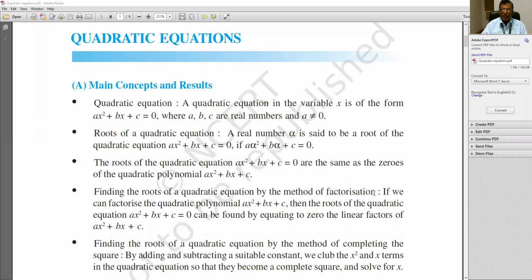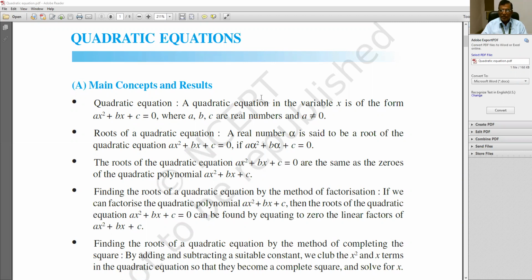We have also seen how the nature of the roots is decided with the help of the discriminant of the quadratic equation. So again, I am going to revise all these things, and for the sake of convenience of your understanding, I would like to share some study material for you. Let us see. The main concept and result of a quadratic equation is here. This concept has been taken from the NCERT book, with courtesy. So please write it down, or you can take a screenshot of this as per your wish.